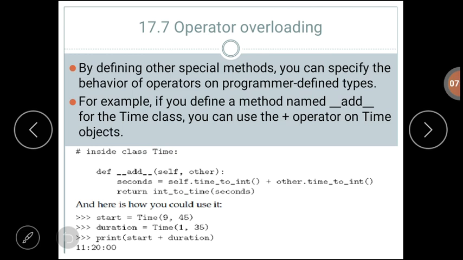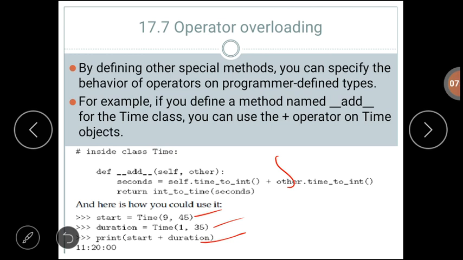For example, here we are taking the time class and we are adding 2 times. So here we have the statement start equal to time 9:45, again duration equal to time 1:35, then print start plus duration.